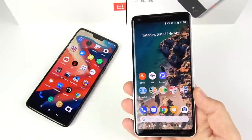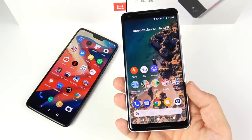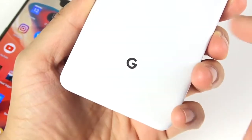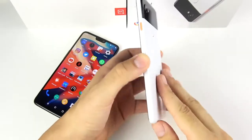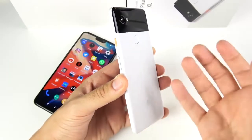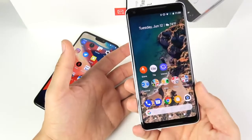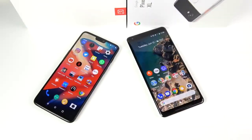It's a conversation starter in that people might say, what is that phone that you are using? They might be quite surprised to know that that is a Google made device. Actually, LG built this, but this is a Google branded device. So you can say, this is my Google Pixel 2 XL. It has a glass insert at the top, plasticky feel on the back, but it's more of an aluminum. It's actually aluminum coated in a plastic feel. So overall, it feels sturdy, strong, and